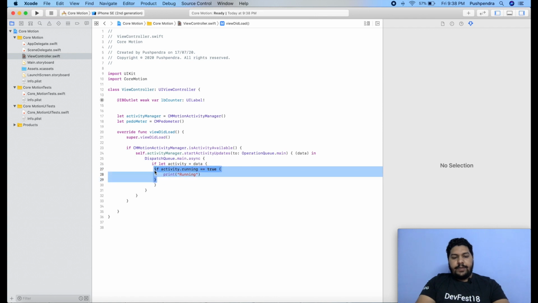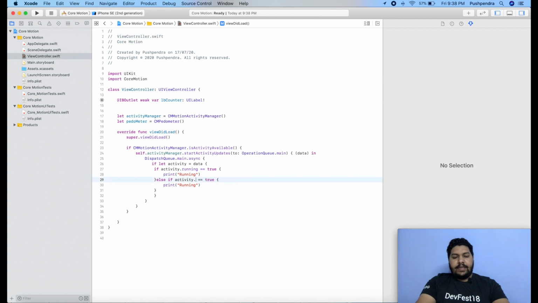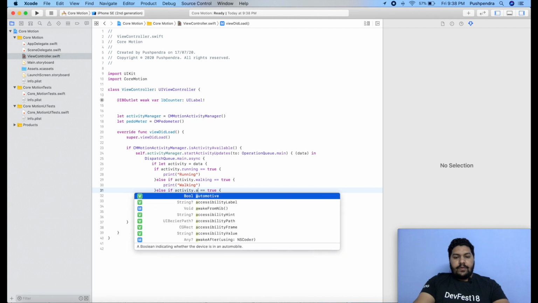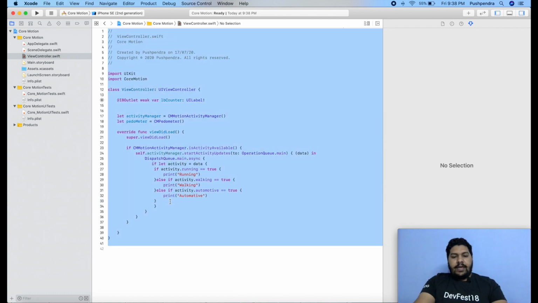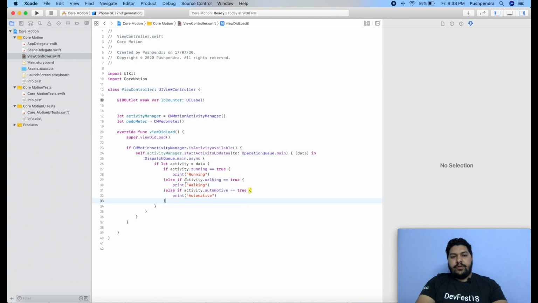Same way I'll copy and paste, else if, and here we can say walking, user is walking. Same way dot automotive, it is automotive. Okay, so here are different things, you can find more things inside that. Basically it completely depends upon the requirement.